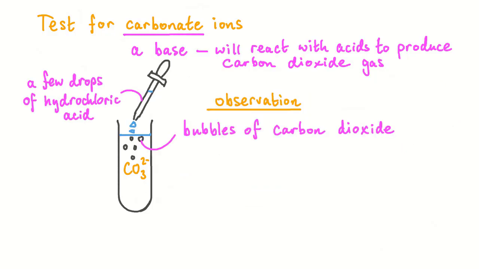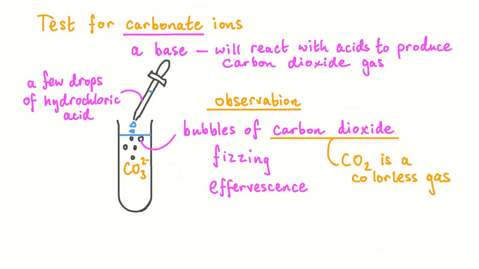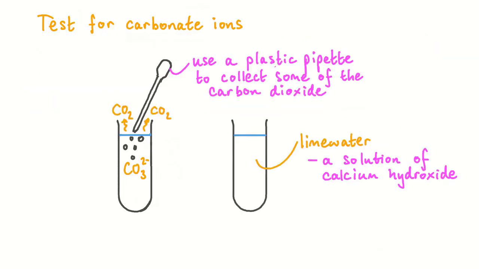So if we add a few drops of dilute hydrochloric acid to the carbonate solution, bubbles of carbon dioxide gas will be observed. This observation may also be described as fizzing or effervescence. We cannot see the carbon dioxide produced as it's colourless. It's also odourless. The observation in this test is the fizzing. Of course, many other gases may cause fizzing, so to prove that the gas is carbon dioxide and that it